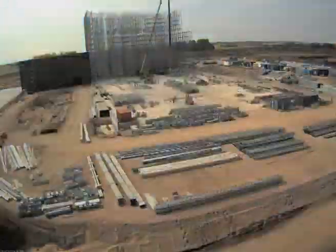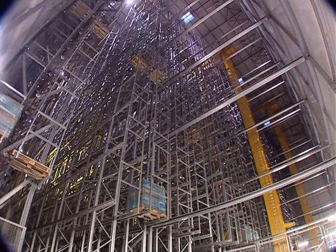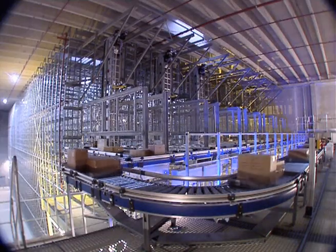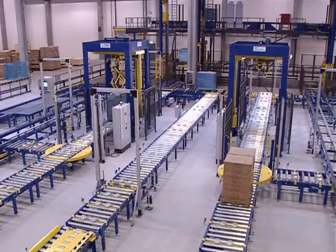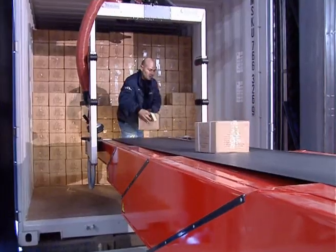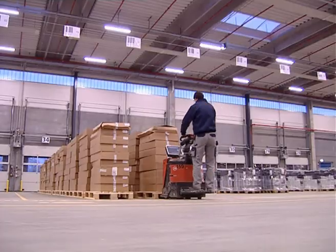After a building phase of only 12 months, the new complex encompasses an area of 65,000 square meters. 3 high bay warehouses with a height of 40 meters each and 2 automatic small part storage systems offer storage room and mass. The clue, the new storage system works on 2 levels: